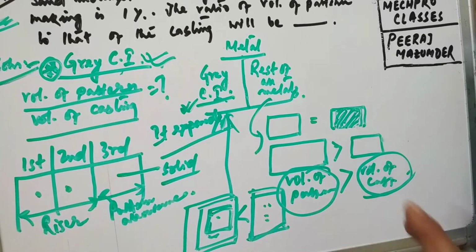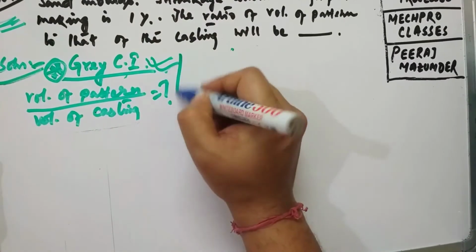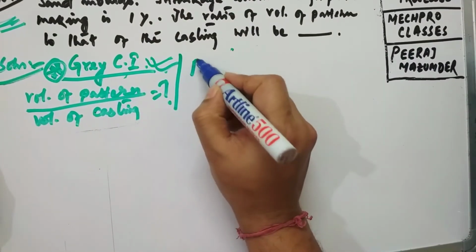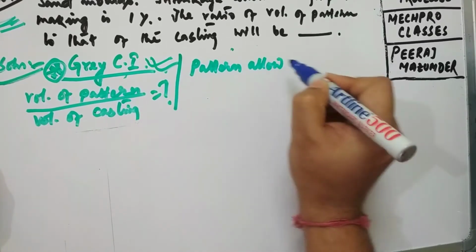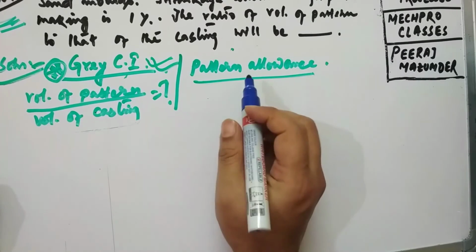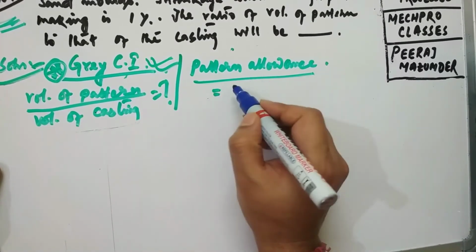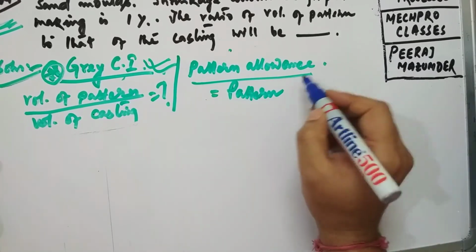You should keep in mind, that is the important concept behind this particular problem. Now generally, one more concept I would like to share with you. In pattern allowance, you already know pattern allowance, the different types I have already discussed in my previous videos. In numerical problems, we use the formula: pattern allowance is given by pattern size